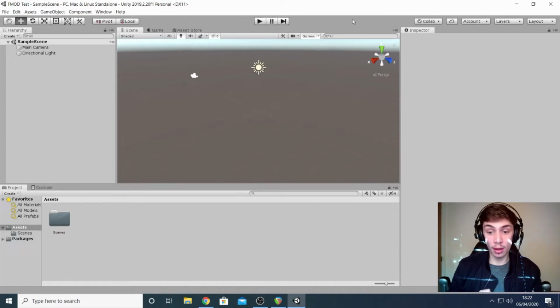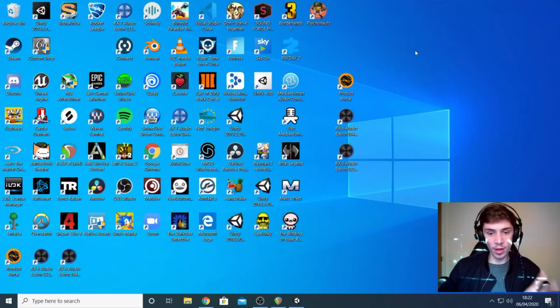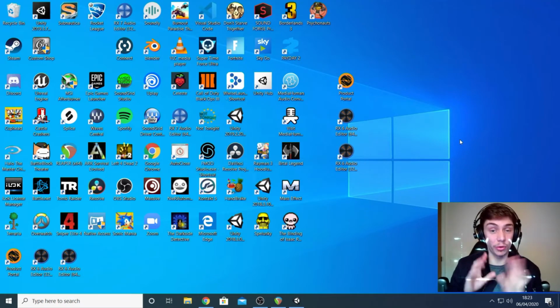Now, we could download the FMOD integration package now, straight from the asset store. But first, I want to open my new FMOD version and create a project like I've done in Unity for it. So I'm going to minimize this and I'm going to find the shortcut for the new version of FMOD I've installed. God, my desktop's a mess. Sometimes you might find that after downloading FMOD, a shortcut for it has appeared on your desktop. Ignore that one, that's for an old version of FMOD. This has happened to me a couple of times before, so if it happens to you,